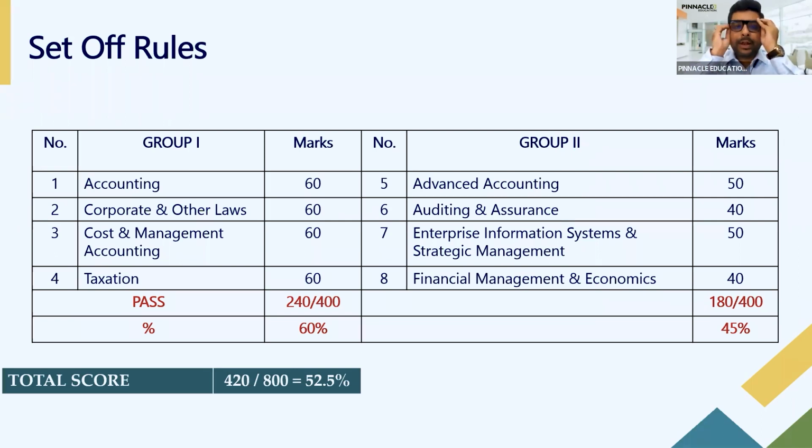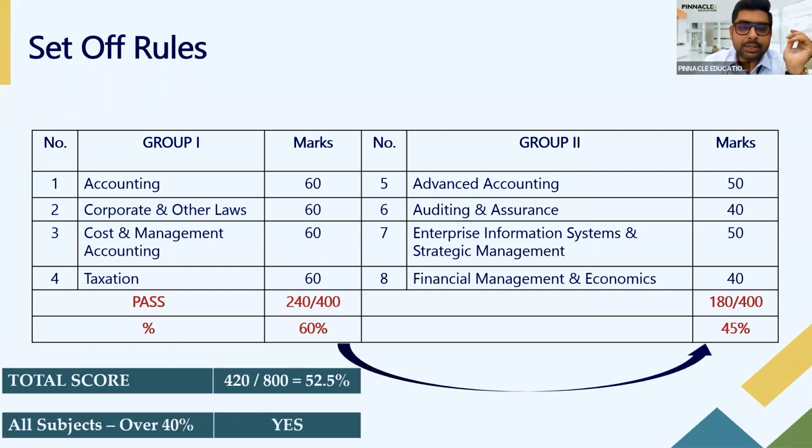Okay. One more very important thing that you need to know in case you need to give a group altogether once again. If you have scored 60 marks or more in a particular paper, you are exempted from that paper. You don't need to appear for that paper again. That's the interesting part about the ICAI results. I repeat, if you need to give a group or a set of papers again, but you have scored 60 marks or more in a particular paper, that paper is exempted.